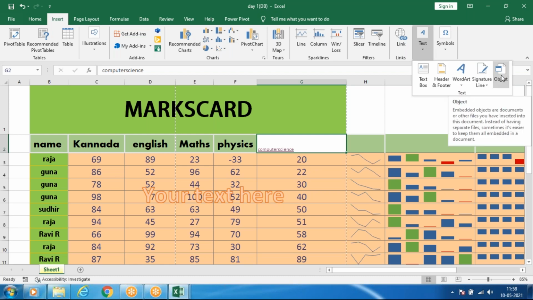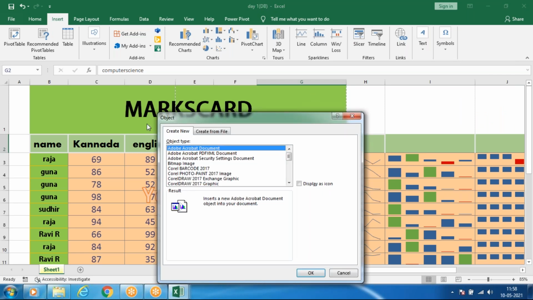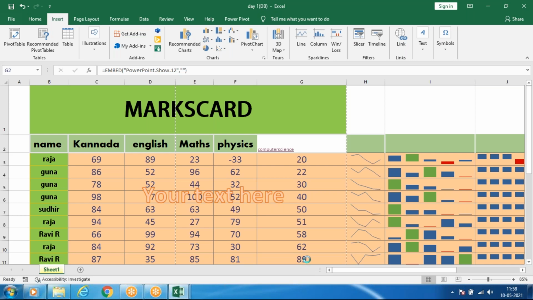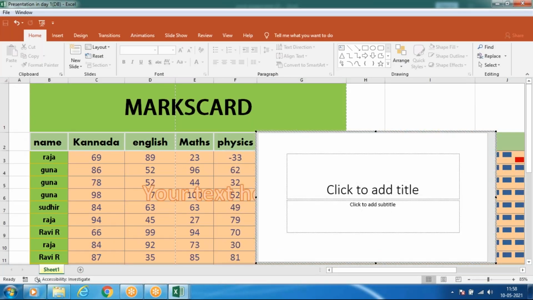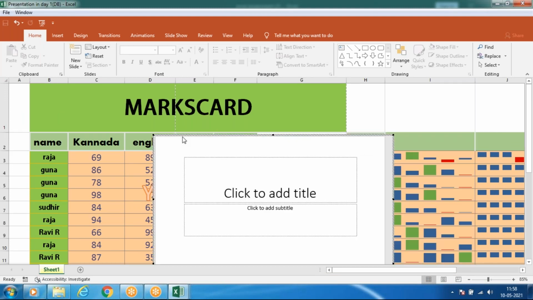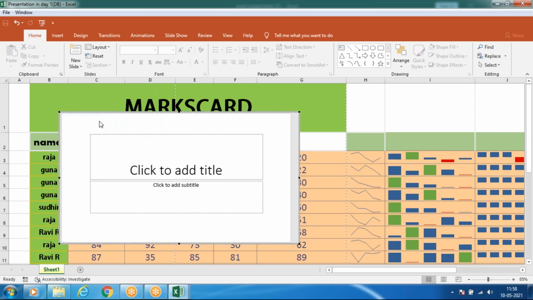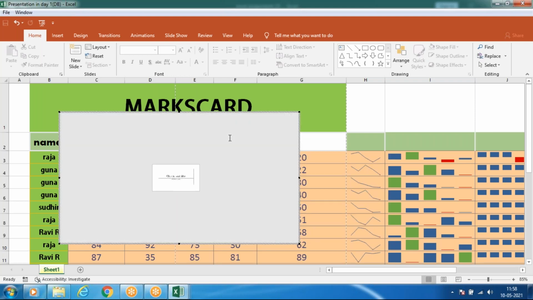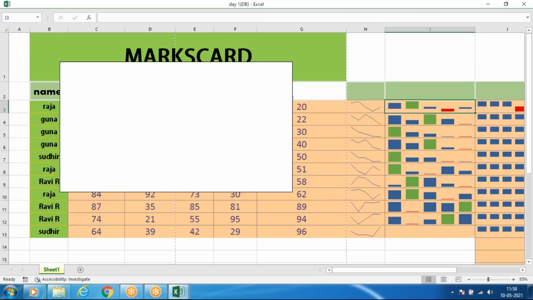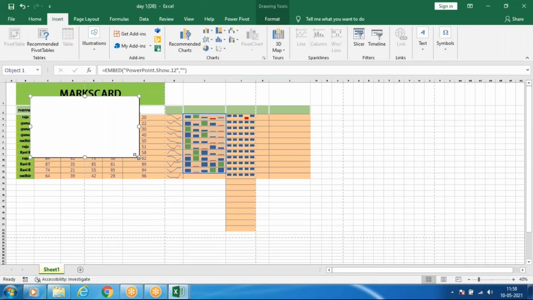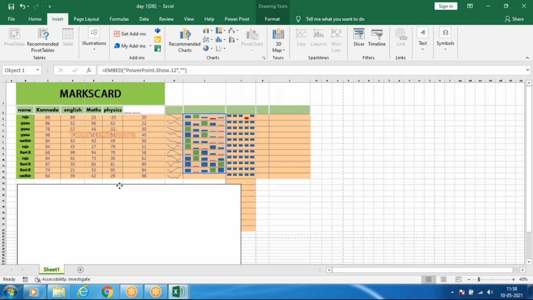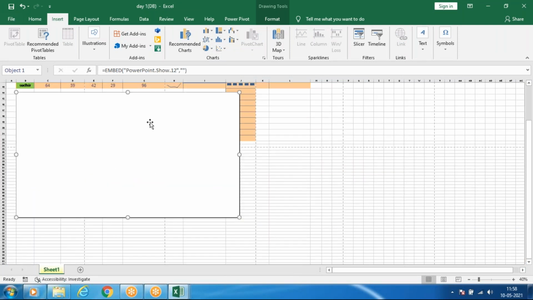And otherwise object, so you can import some other object files, like if you want a PowerPoint presentation inside this, it will open the PowerPoint presentation. Where you want you can move it, and you can edit the PowerPoint file here itself. I haven't created anything, so like this you can design.